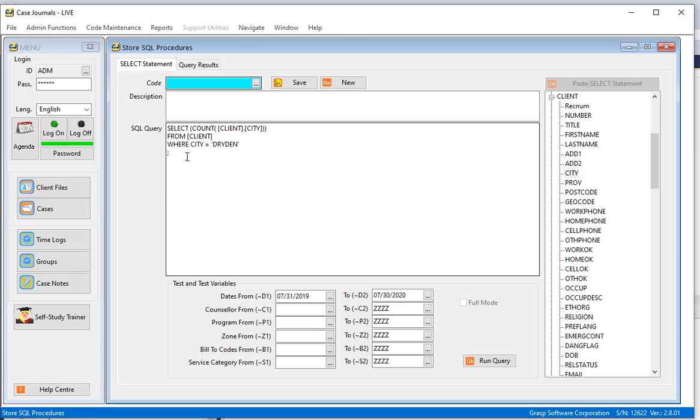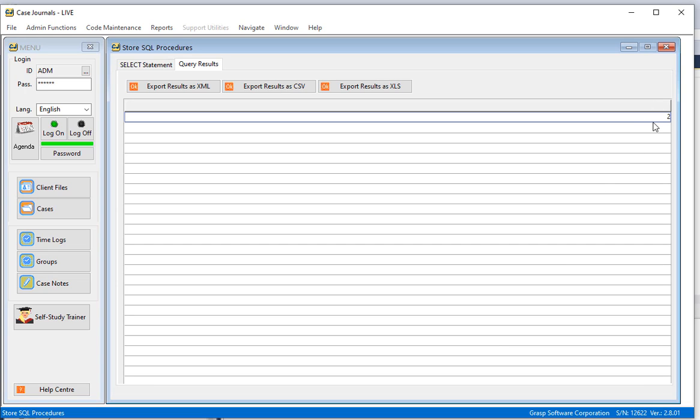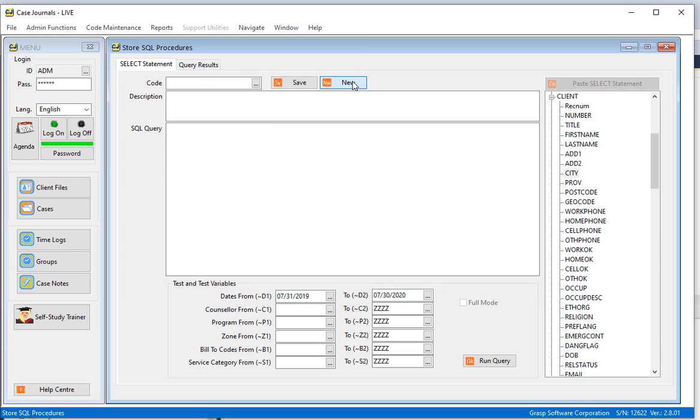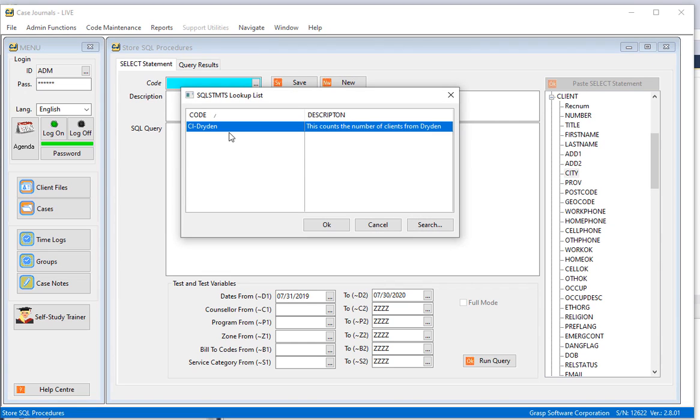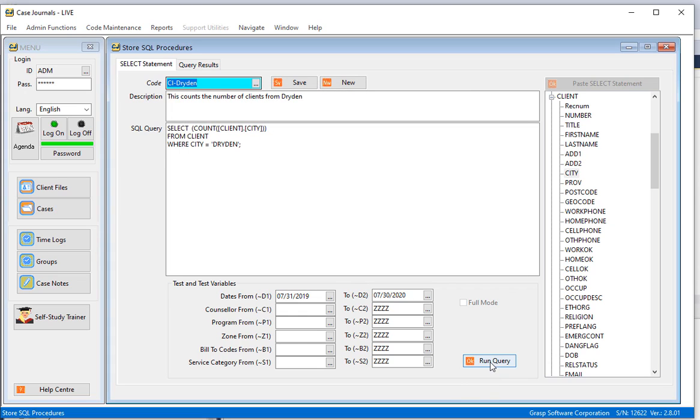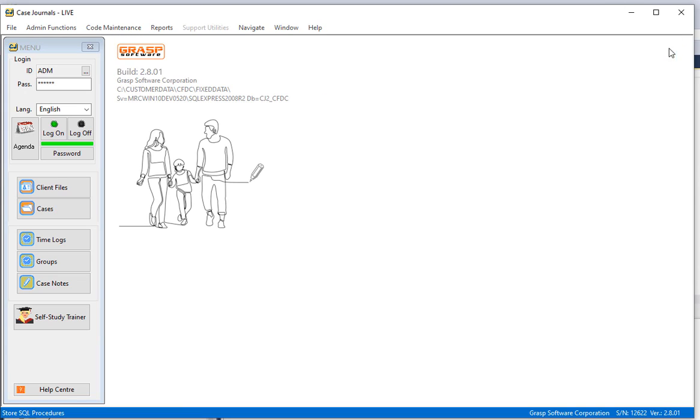So that's really useful, because now what you can do is take a query like that and save it with a specific code. And when I save that, now that becomes a standard query that I can call up at any time. Again, when you run it, you see I get my result over here on the right-hand side. Going back to this means at any time now I can recall that query to the screen and I can run that. A little bit more to do with that I'm not going to go into in this introductory video,